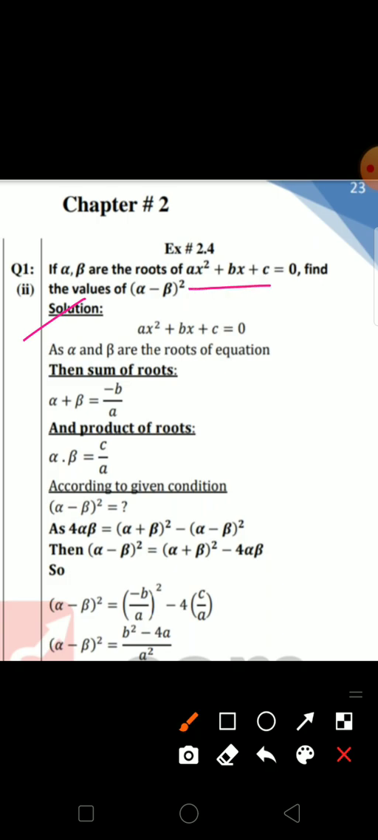So sum of root आपके पास क्या आ जाएगा? You have alpha and beta are the two roots of this equation. So sum of root is minus b by a and the product of root is equal to c by a. Now according to the given condition, so alpha minus beta whole square equal to, आपने ये फाइंड आउट करना है।